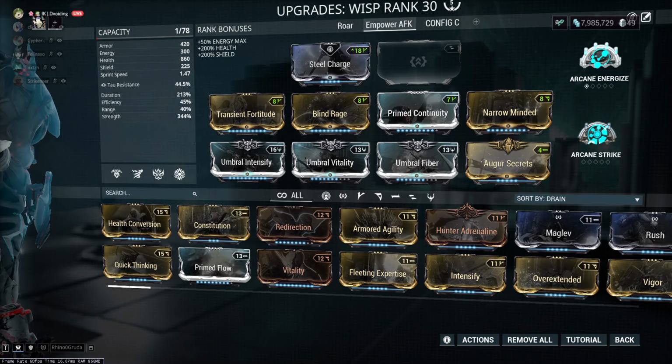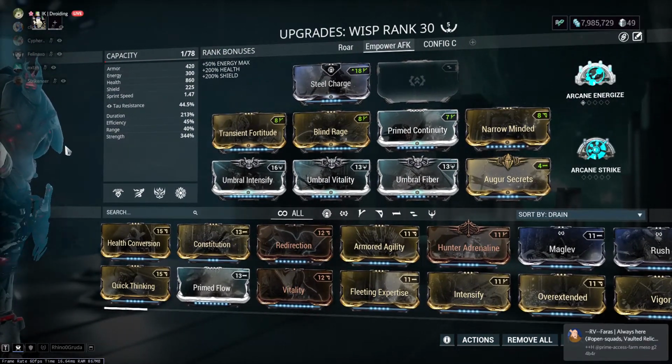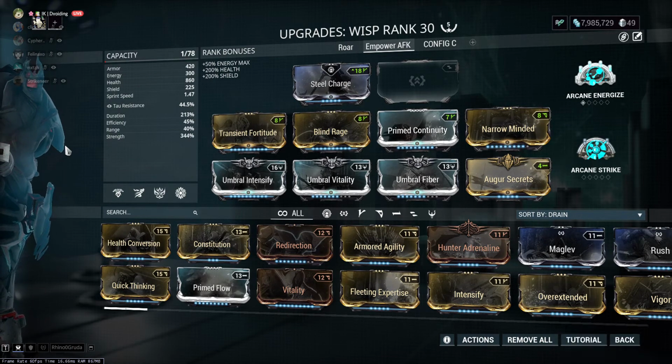Okay, so how you access Empower is you need to be mastery rank 8. You need to do the Heart of Deimos quest. You need to rank up to rank 3. Then talk to one of the NPCs, and he will sell you a module. You install the module to your